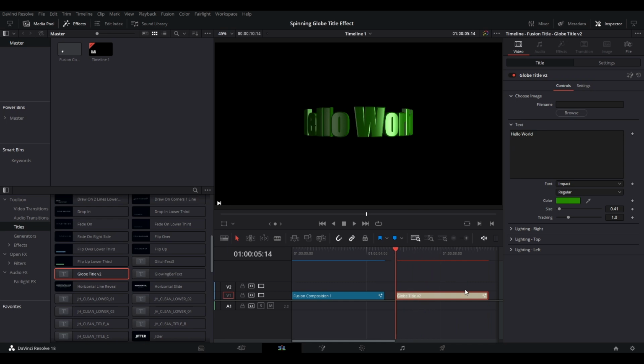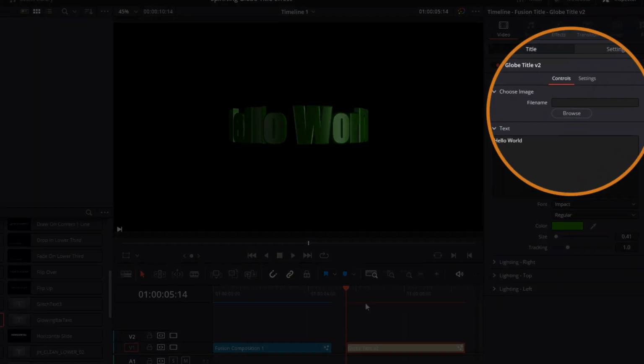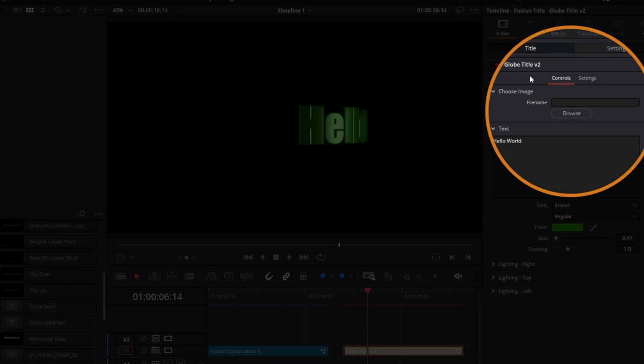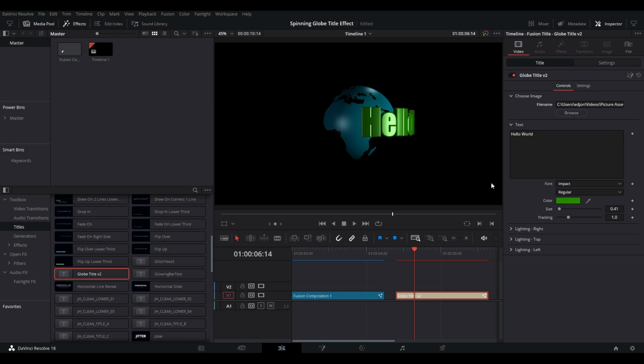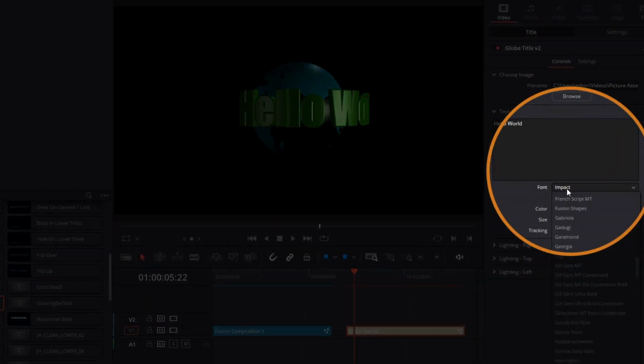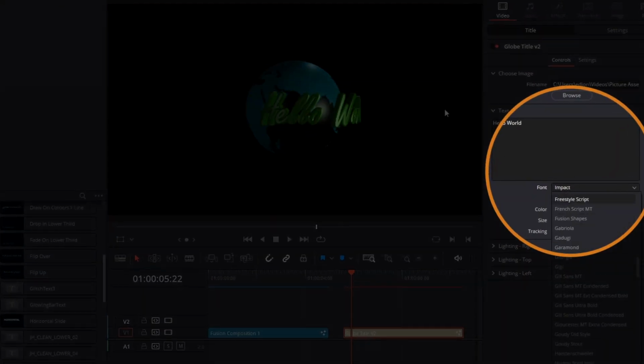To add the picture, go to the Browse button in the inspector and select an image file. Here I have one I downloaded earlier. You should now see a globe appear. You can adjust the text to your liking, including font and size. Please note that you can adjust the size a little, but large changes will not work well with the rotation